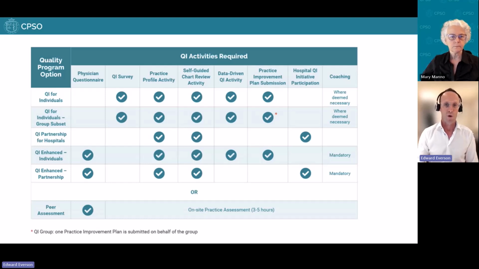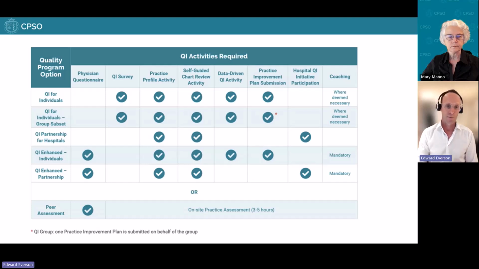All of our QI program streams have those as requirements. When we look at partnership program, when we look at QI Enhanced, there are some different activities that are required. And I would say that this slide is a good reference that guides, depending on the stream that you're in, what are the activities that are required.